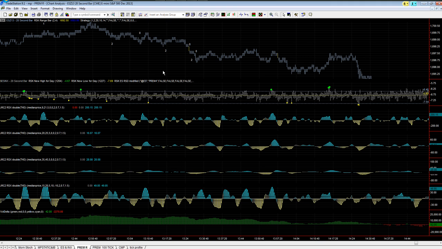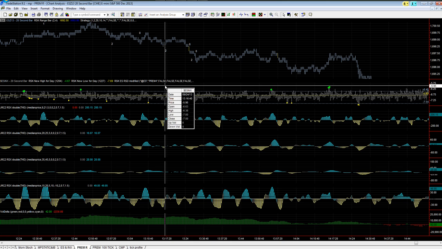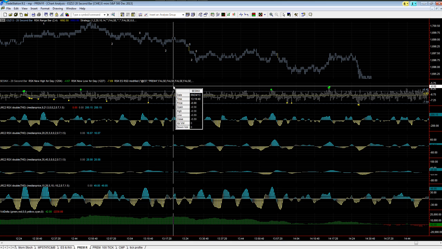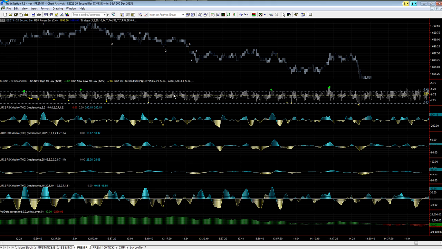All right, we come down to this point, and we're not at the threshold line. So the market begins to move back up. We go above the threshold here, we take one more tick above it, and we're back down below the threshold. There's nothing there to sustain the move up, so we're going to once again